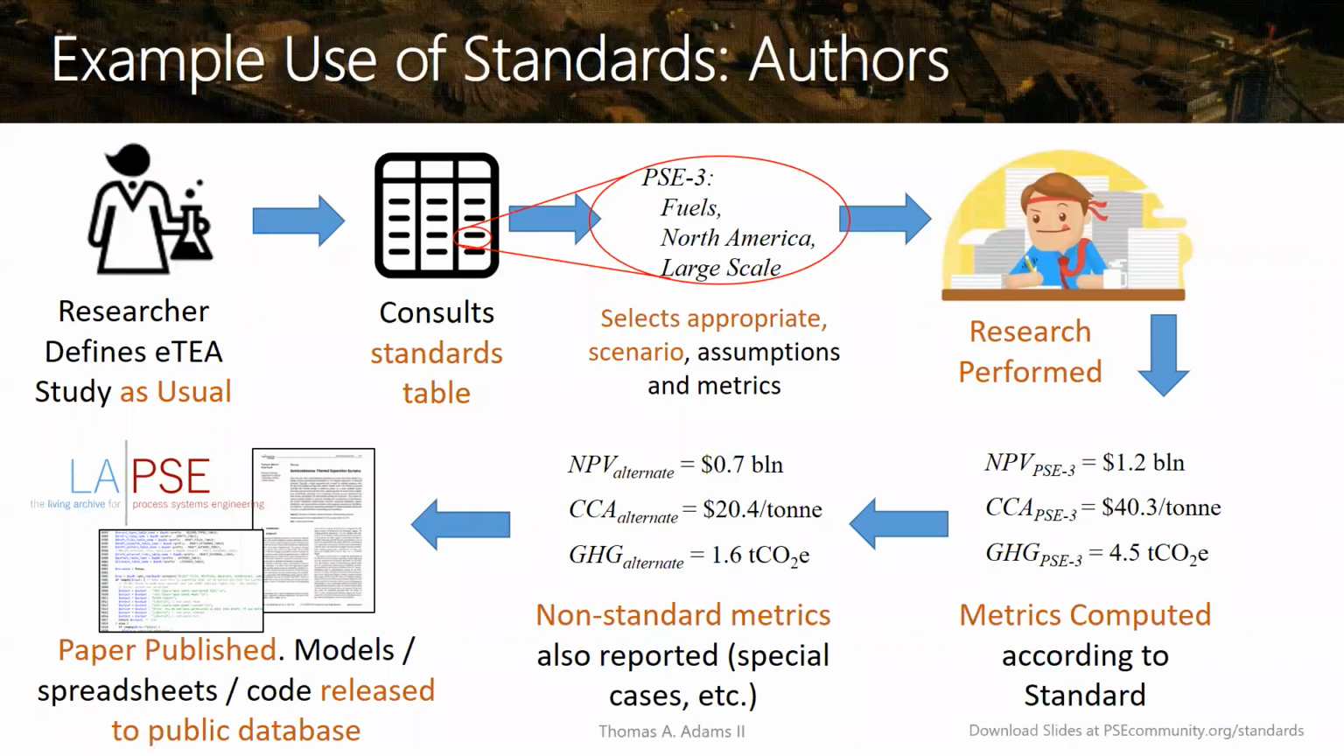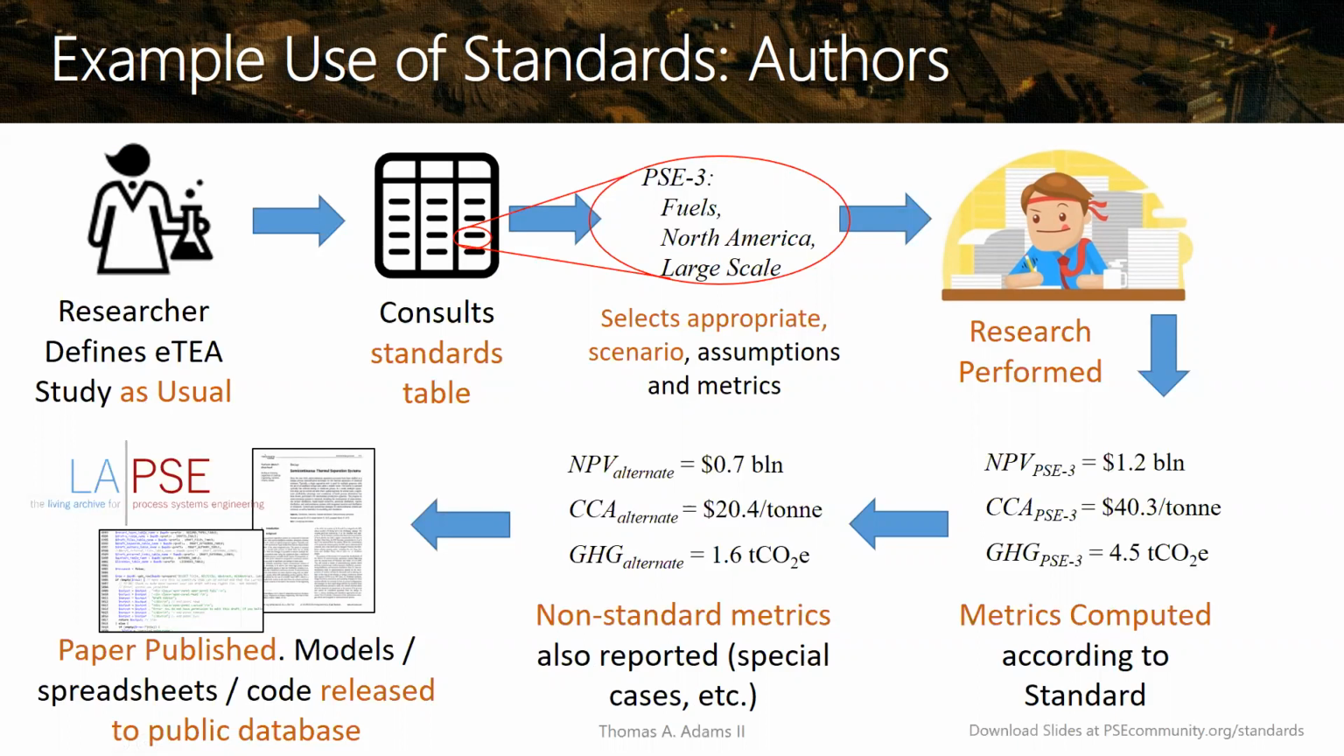So this is my key vision. There are different stakeholders, and different reasons why people will use and produce material with the standard and then use that same material. If you're a researcher, if you're an author, basically this is what I expect you to use. What I envision is you would do your study, your eco-techno-economic analysis, just as you normally would. The difference is you would consult our standards table to choose the kinds of assumptions that you would normally make